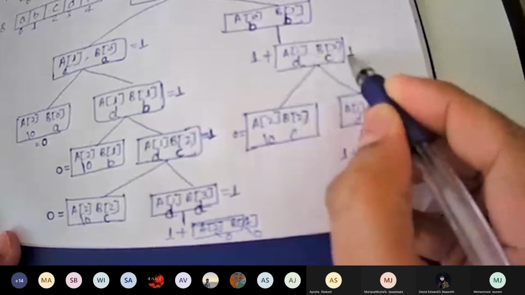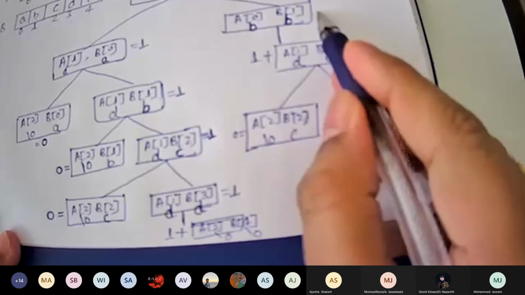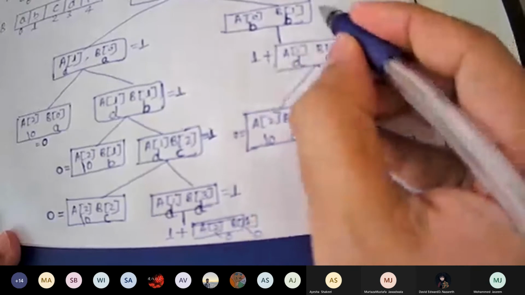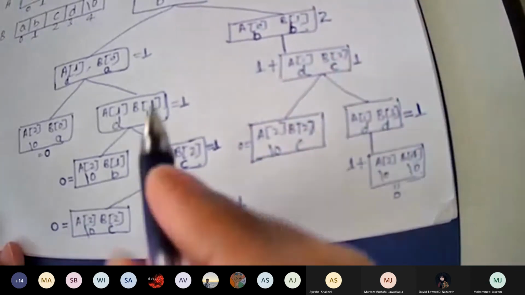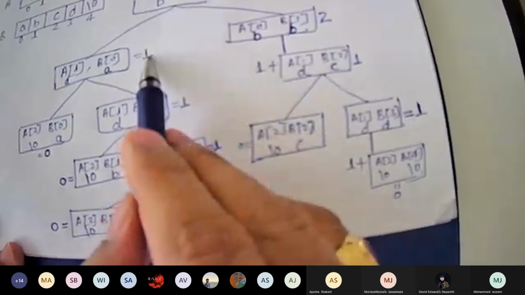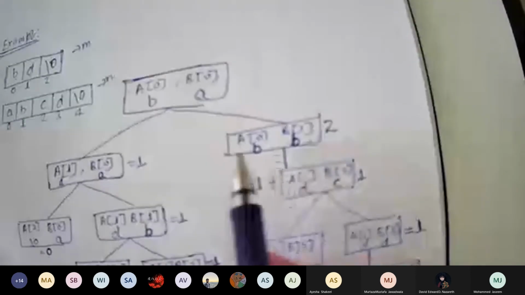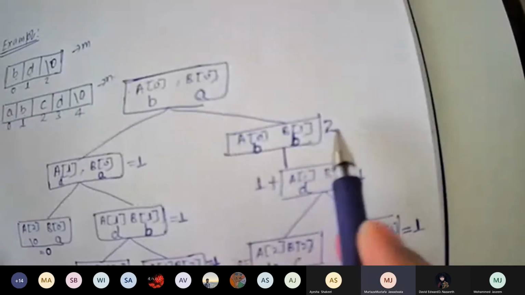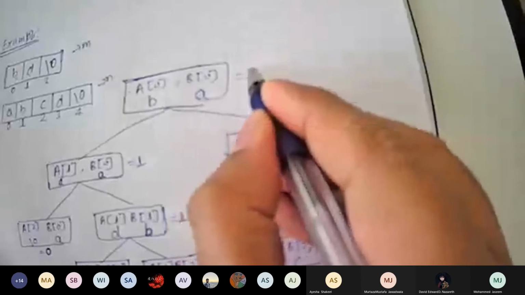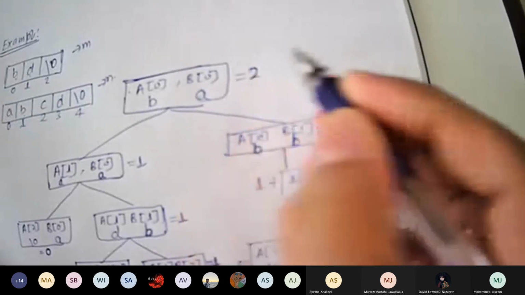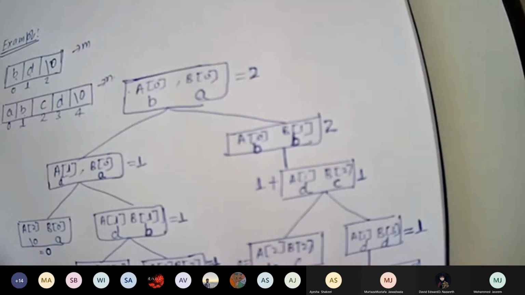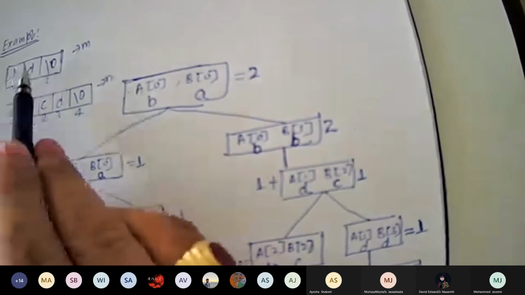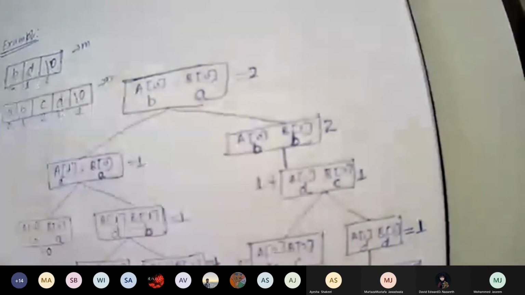This value will be 1. So what will be this value? 1 plus 1, 2. So we got now 1 and 2. Which one is maximum? 2. So this will be 2. Means what is the longest common subsequence? 2. You can check. B and D is the longest common subsequence.